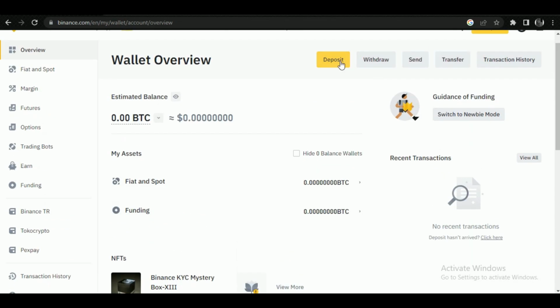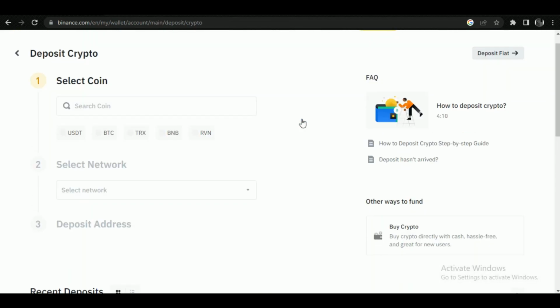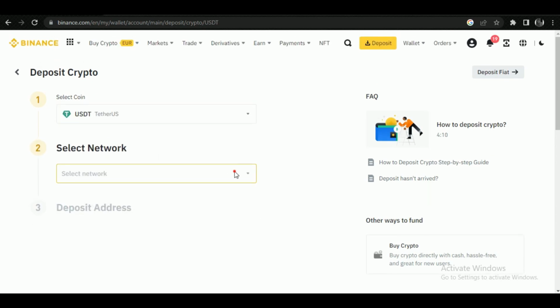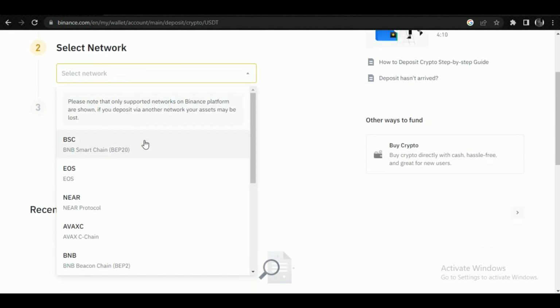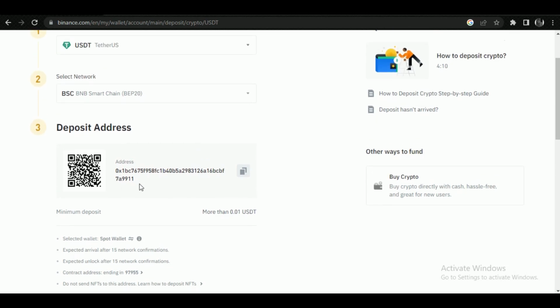Click on Deposit and select Crypto Deposit. Now select the coin type as USDT and select the preferred network. After this, an address will appear at the end. To copy this address, simply click on these two squares right beside it. After that,